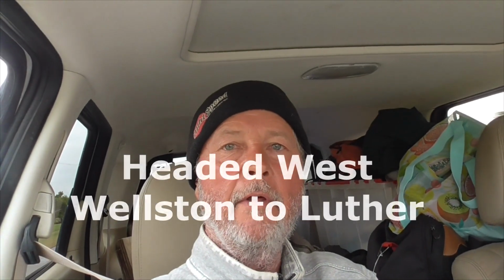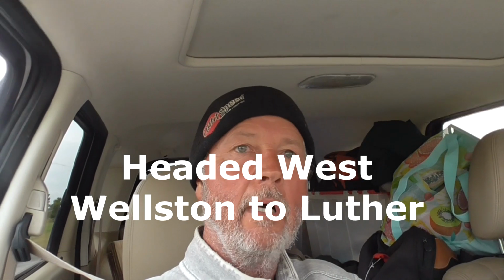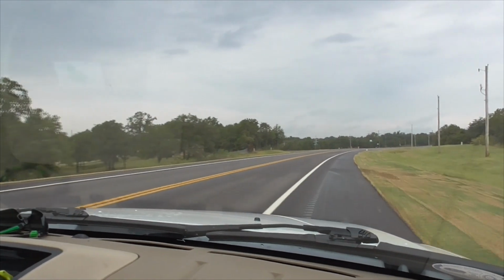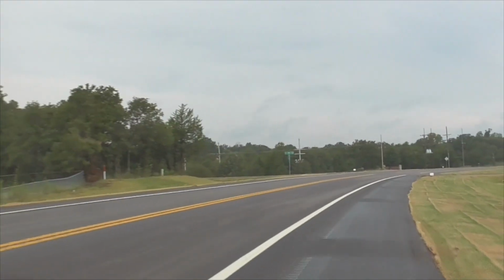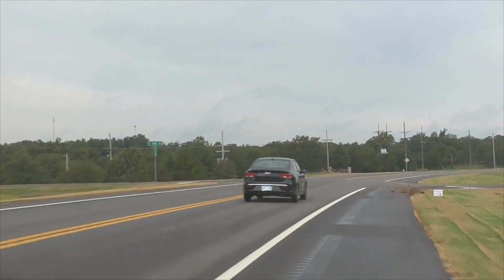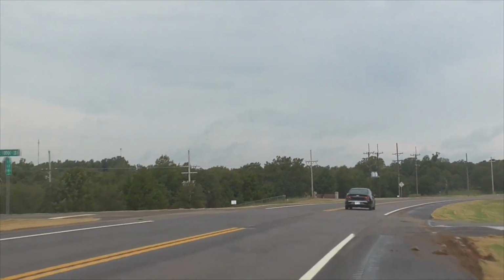Hey, today we're on Route 66. We're headed into the beautiful town of Luther, Oklahoma. We just left Red's Rockin' RV Park. This here, on the map, it'll say Route 66. But up ahead, the real 1926 alignment